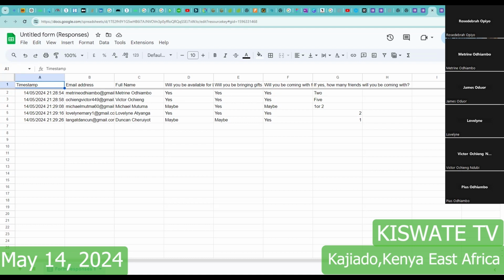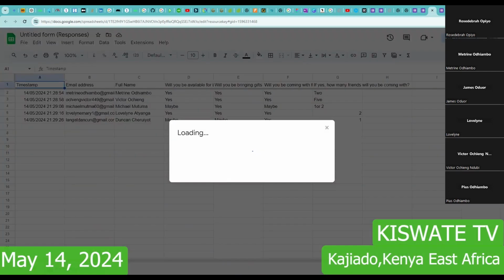And if you want to share your spreadsheet, the process is the same. I'm going to assume that most of you know how to use Microsoft Excel. Basically, it's like Microsoft Excel. So if you want to share this sheet with someone else, you want someone else to view the results of your responses without necessarily having access to your Google form, you're going to come here at the top right corner, and you're going to click share,